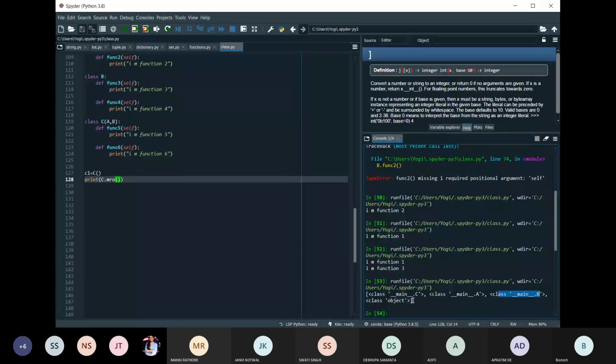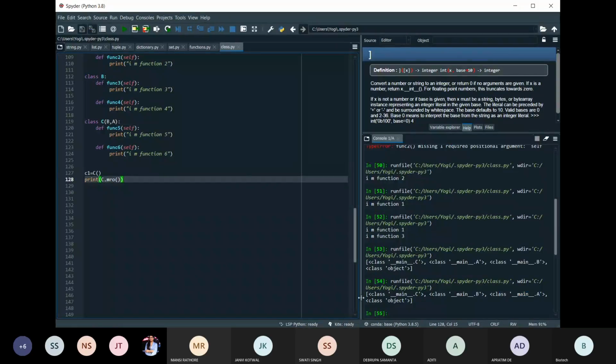Now if I write class C with B comma A here, check the difference in the output. After C it is going to the class B, then to the class A. So method resolution order gives you the order in which you are going to access the parent classes. Okay, this is about that.